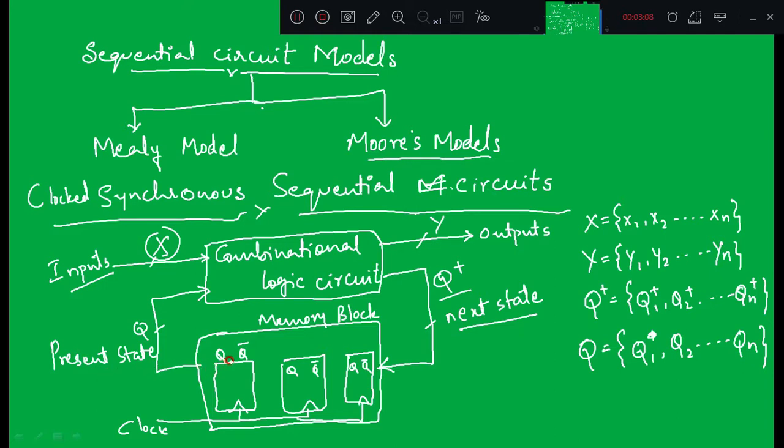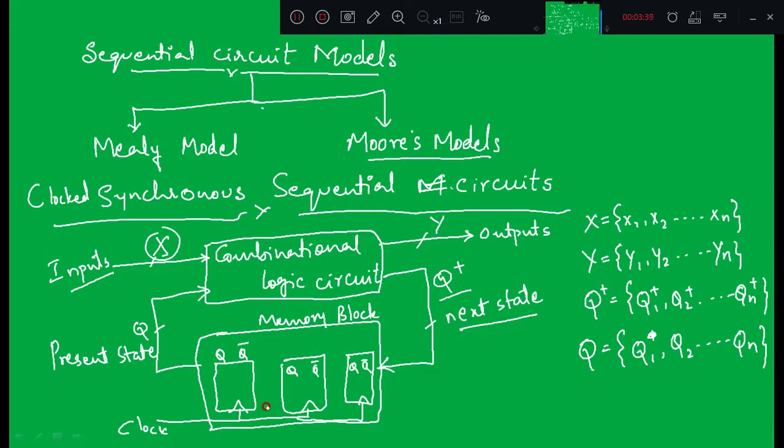In the design of counters we took the present state and the next state as the inputs to design the values for JK, or you can say the inputs of different flip-flops, right? Don't worry about the design at this stage. Just worry about how the sequential circuit is also represented using a combinational logic circuit. So this is the basic block diagram of a clocked synchronous sequential circuit.